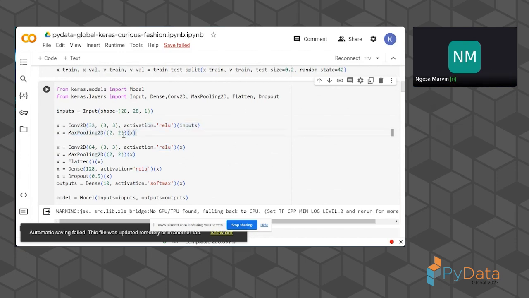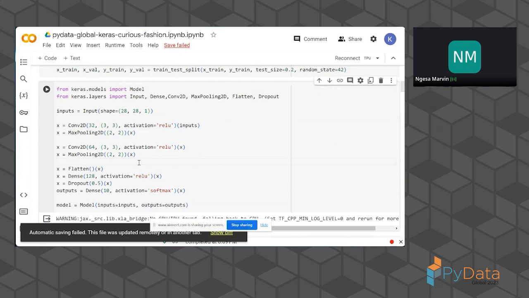That's going to center the pooling window on some particular pixels with a size of 2 by 2, and then extract the maximum value from it. No, I think this is the stride. This is a stride for it. Then I'm going to do both convolution and max pooling, convolution and max pooling. This is just a way to do the functional API,